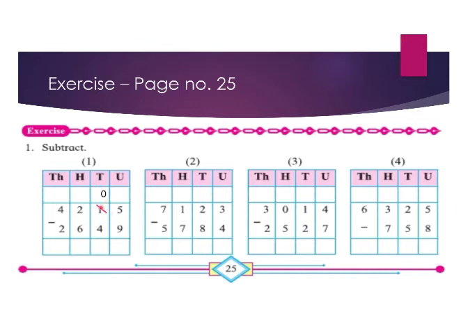Once it becomes 0, I give it to the units. I add 10 to this 5, so it becomes 15. Now, can I subtract 9 from 15? Yes, it is possible. When I subtract 9 from 15, counting 10, 11, 12, 13, 14, 15, it is